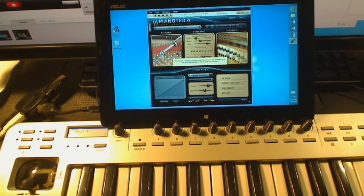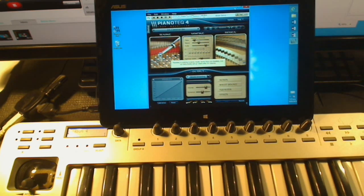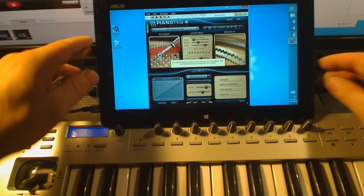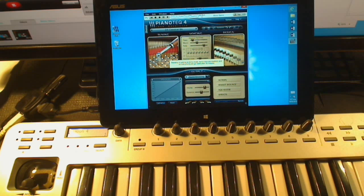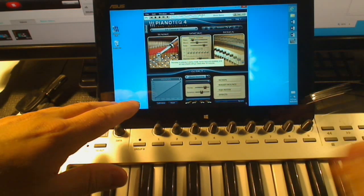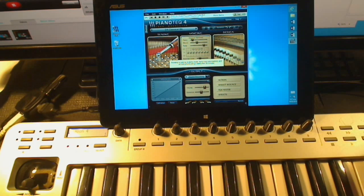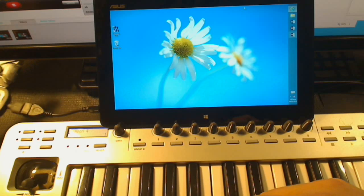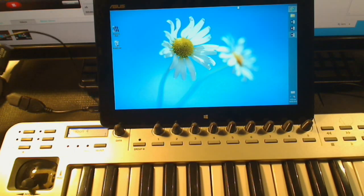I don't know how useful that is compared with an Ultrabook with a proper sequencer on it. But it's certainly compact, and there's the potential to take your music with you and then edit it using a pen or using your fingers and so on the device. So it's interesting. Main point here is that the hardware, the whole MIDI thing, and the hub works, USB